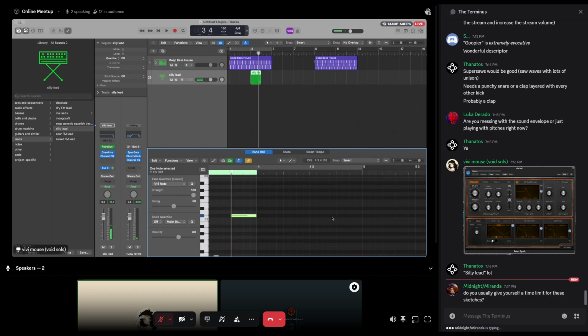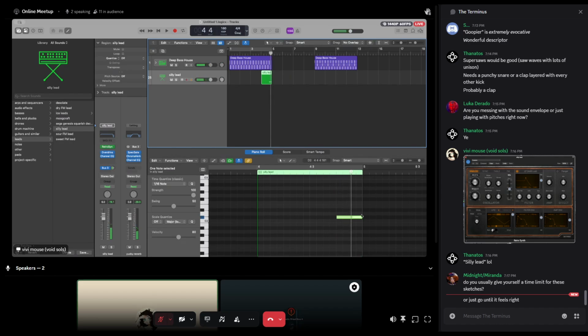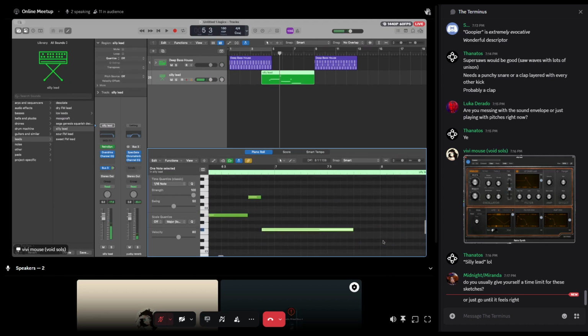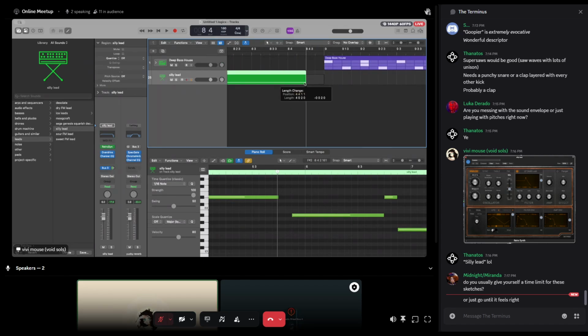I'm just going to do it in piano roll because, as I was telling Brooke, I'm quite bad at piano. Okay, just going to loop this.